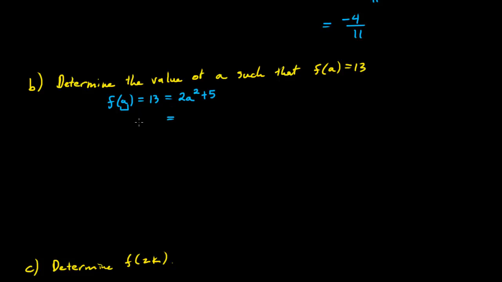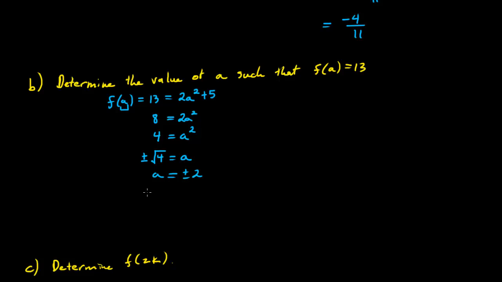So now we've got an equation, and we can just solve this equation. If I subtract 5 from both sides of this equation, I get that 8 is equal to 2a squared. I can divide both sides of this equation by 2, and I get that 4 is equal to a squared. And now I can take the square root of both sides of this equation, remembering that when I take the square root of both sides of the equation, I have to add a plus or minus symbol here. So a is equal to plus or minus the root of 4,